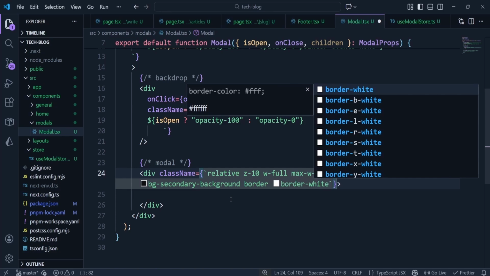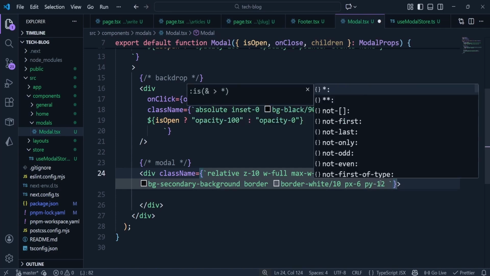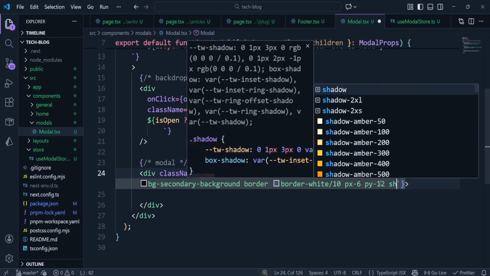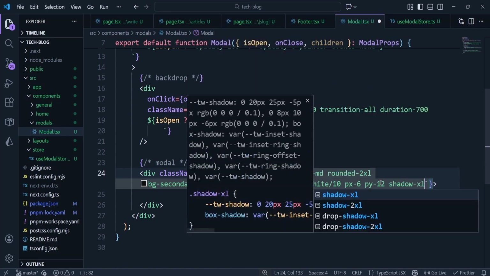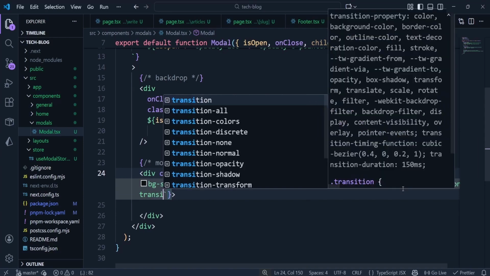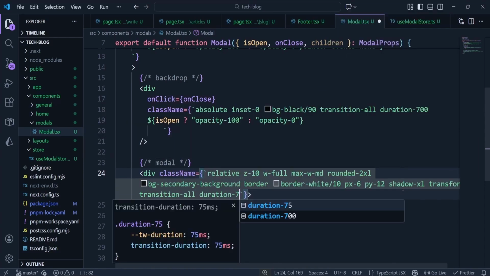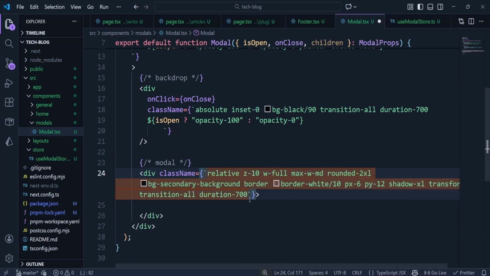I will use the transparency to 10, px of 6, a padding vertical of 12, a shadow of XL, a transform property, a transition of all, a duration of 700, and then we're going to add the